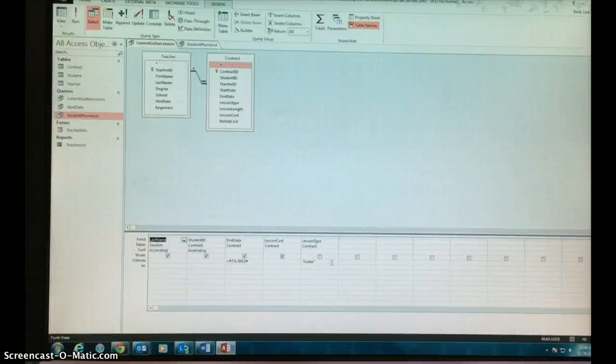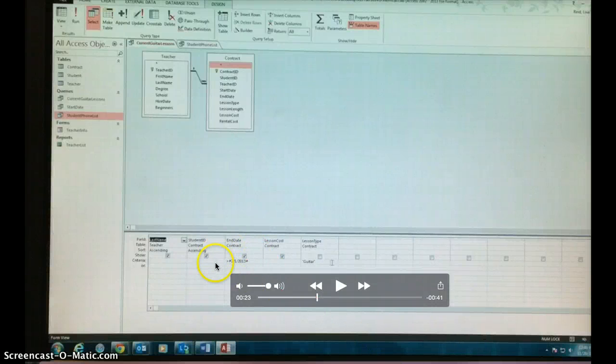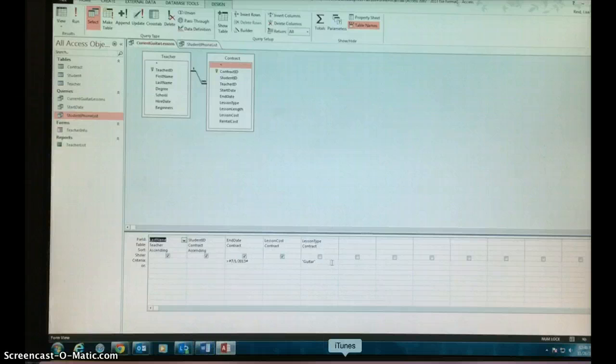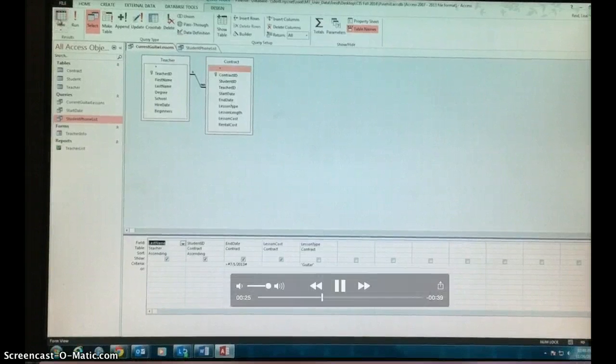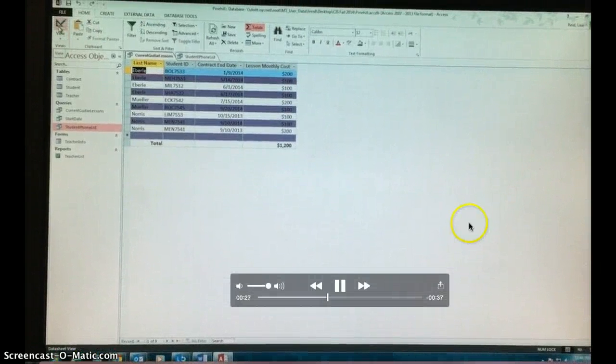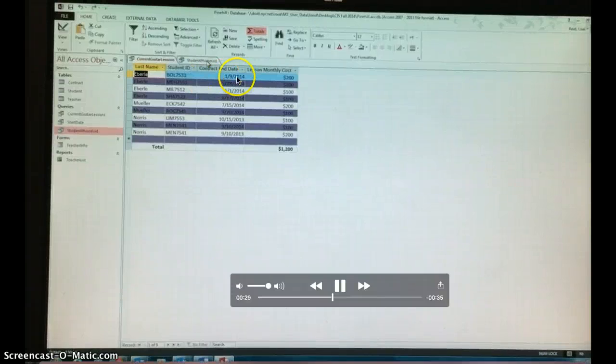inputted that for this specific query in the end dates I wanted anything greater than 7/1/2013, and I stated that in the criteria of the end contract, which is right here, as you can see. And I also specified that I only wanted the guitar lessons, but I didn't want it to show in the query. So when you go back to the query view, you see that all of the different data here is just the